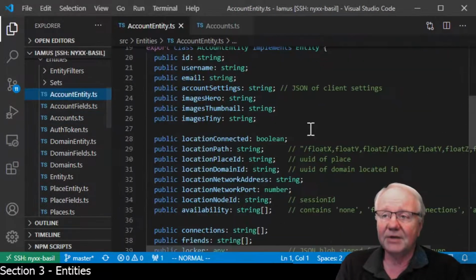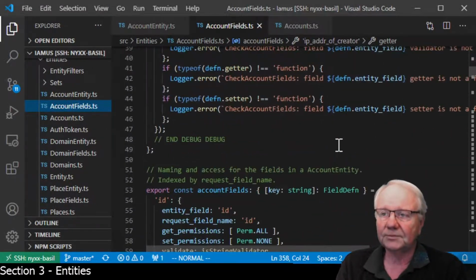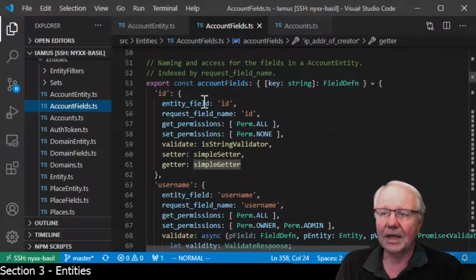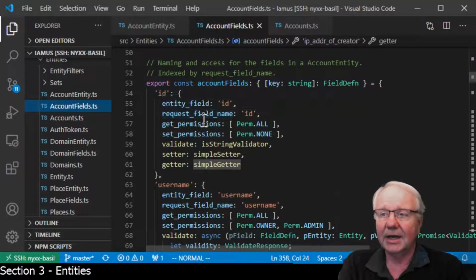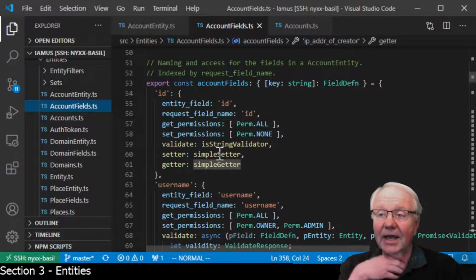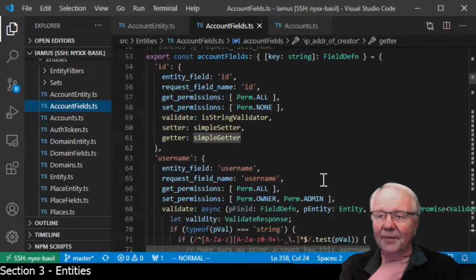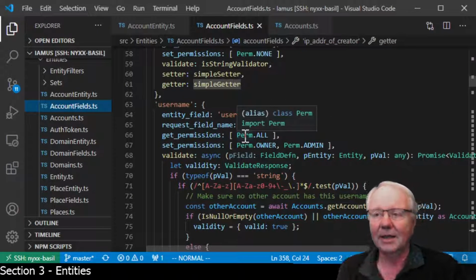So the account definition had all these different fields, and then there's another file which is the account fields, which defines for each one of the fields what the entity field is, what its request name is, that is what comes in the request from user requests, what the permissions are needed to either get the ID or to set the ID, what the function is to validate the value if you're trying to set it, and what a setter and getter function is for them. So some of them are like username can be gotten by all, but it can only be set by